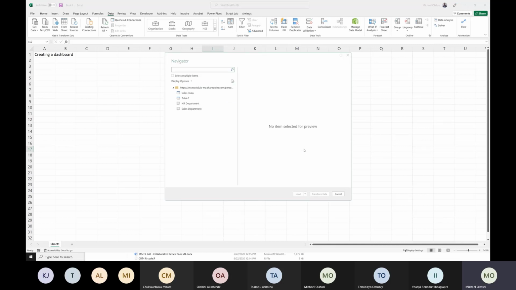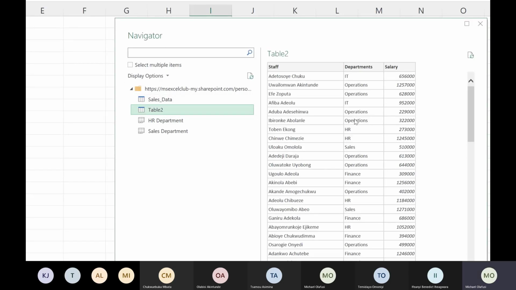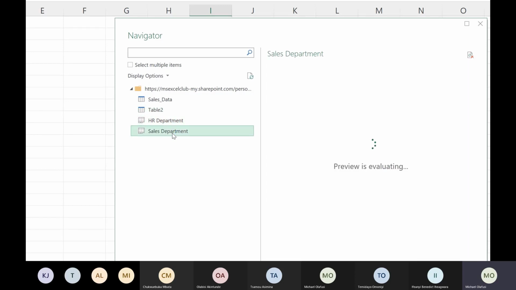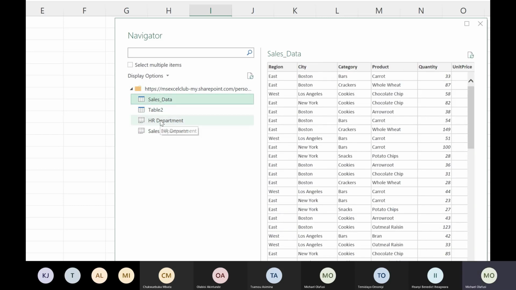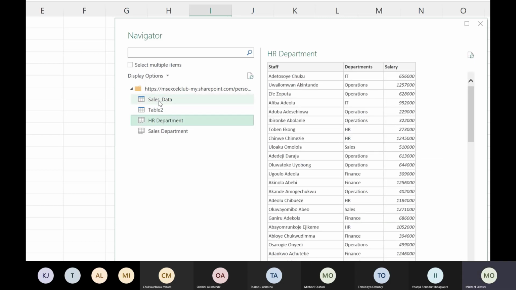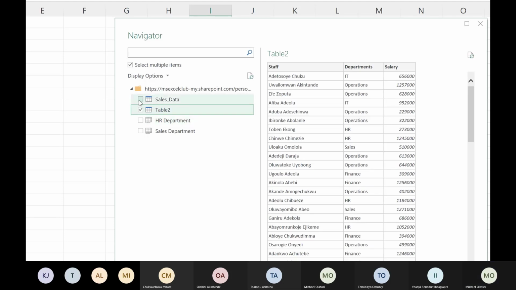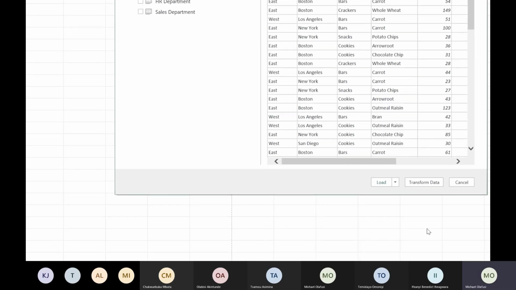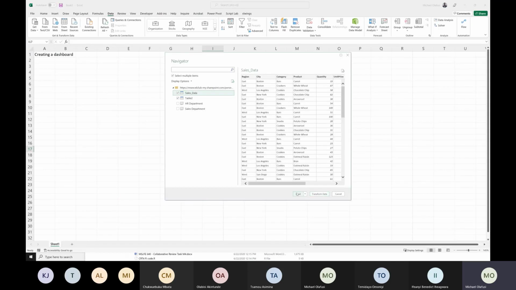And I'll watch it. It's going to show me all those data. Can you see? This is the HR data. This is the sales department. This is the sales data. Okay. So we can grab all that we need. Good. So I can say I want these two tables. Okay, and then let's go to load.